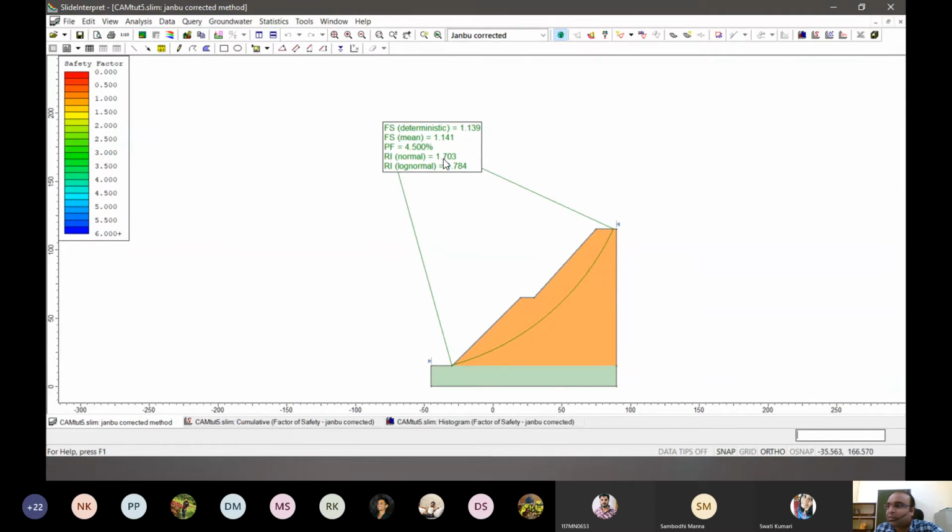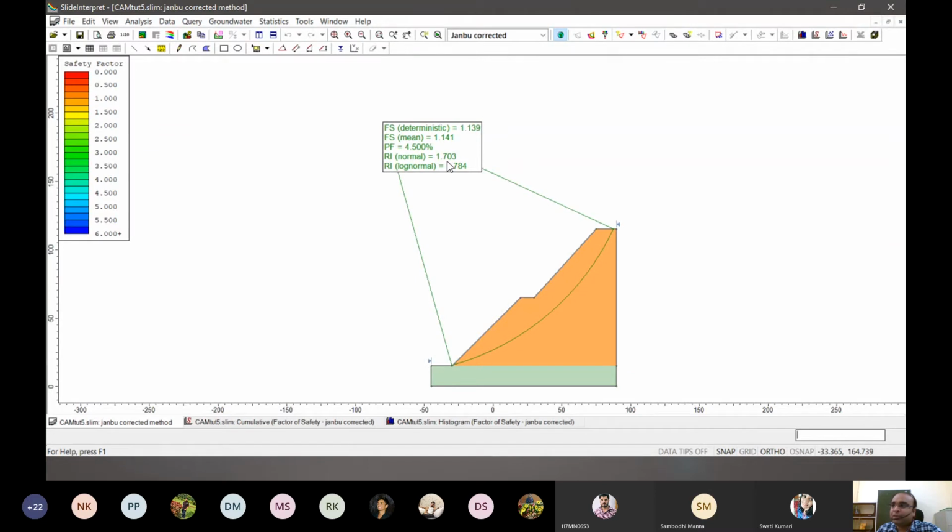So in this case, even though it is stable in terms of factor of safety as well as probability of failure, there is still some chance, and the reliability factor is still not up to the standard mark we can sometimes say is a definitive indication of a